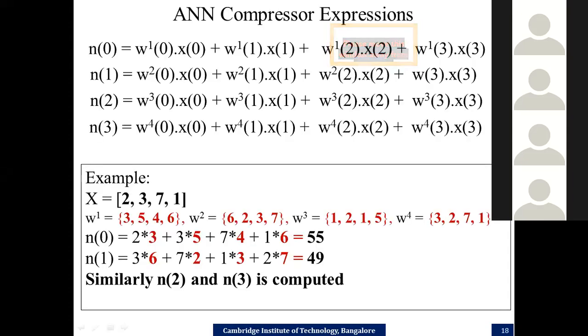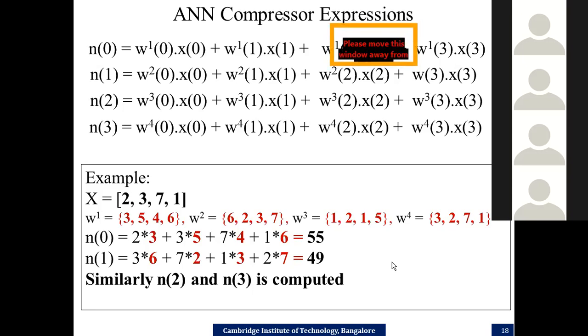So what I am trying to do here is, I have just rewritten the expression. Instead of taking 16 weights, I have taken only 4 weights and 4 inputs to make the point very simple, and make you understand how to get to an optimum design at the algorithmic level and the architecture level. So my first output of the neuron of the compressor is N0, with weights W1[0], W1[1], W1[2], W1[3]. I'm assuming that instead of 16 weights, I have only 4 weights and 4 inputs. This is a test case I'm considering to take up the design.